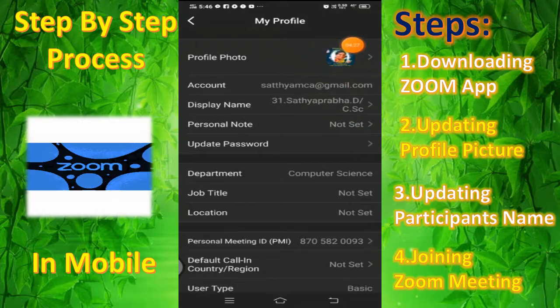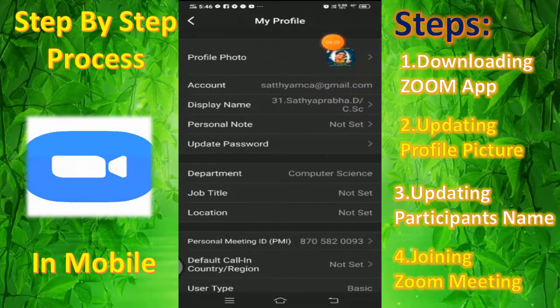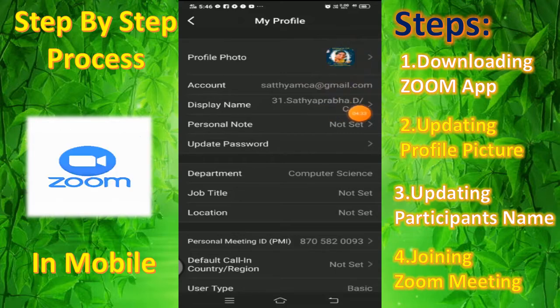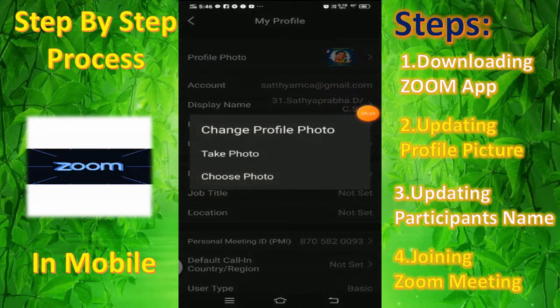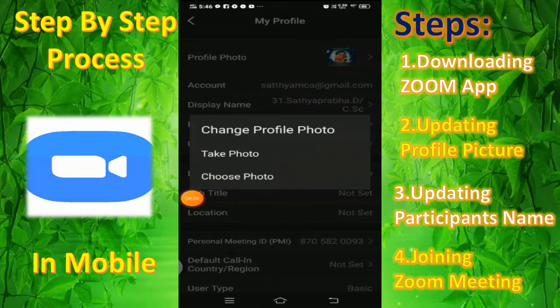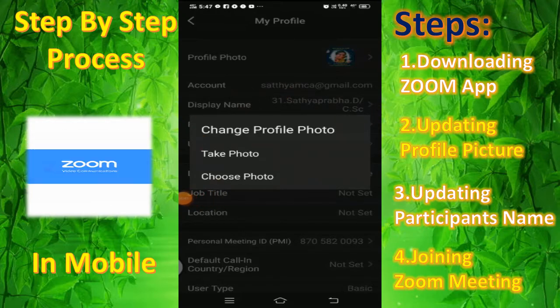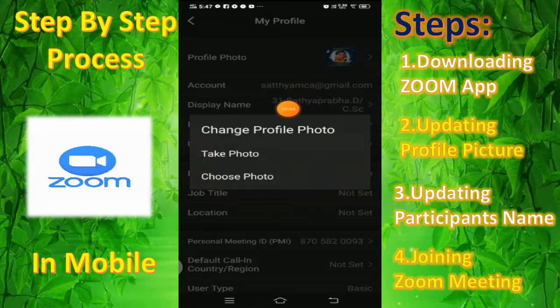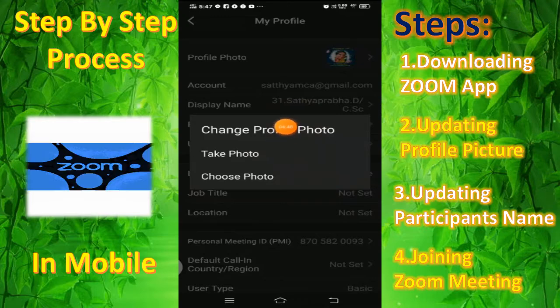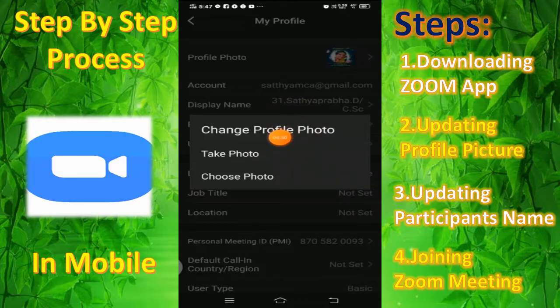So I already updated my profile picture. If you want to upload or change the profile picture, just touch that and you will get three options like this: change profile picture, take photo, and choose photo. If you already uploaded one and want to change the picture, you can choose the first option.